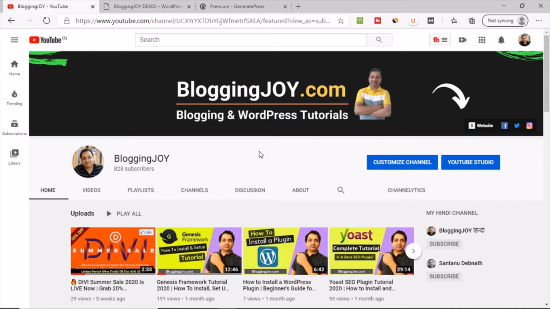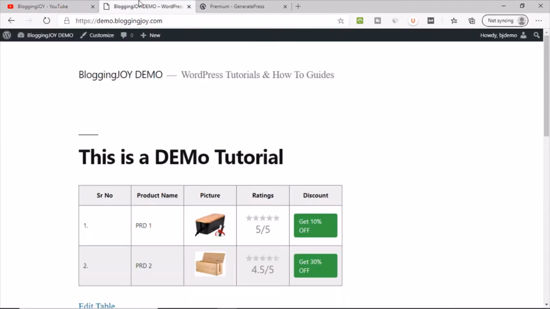You can start with the free version also, but the theme doesn't look appealing. The theme doesn't look very beautiful. So let me first show you how exactly the GeneratePress free theme looks, how the design will look, and what limitations we are going to get with this free version. Then I have the premium version, and I will use it and you can see the differences immediately. So let's go to my demo website.